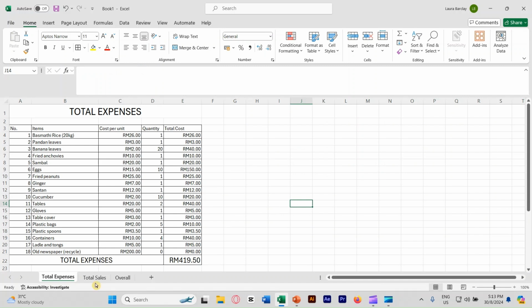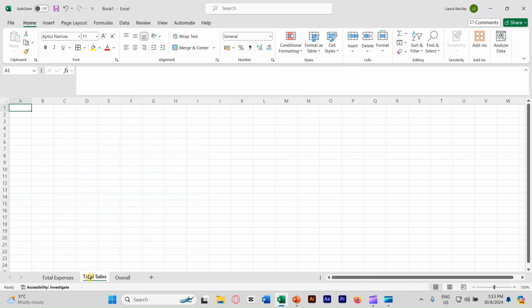Okay, now let's go to total sales. All right, go to total sales. We are going to merge cells again from A1 until G1. Okay, A1 until G1, merge. And then we're going to name this cell total sales